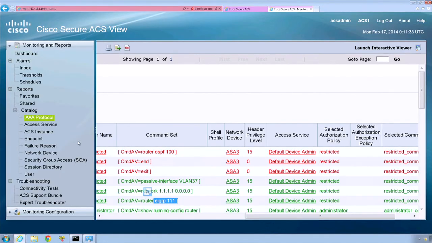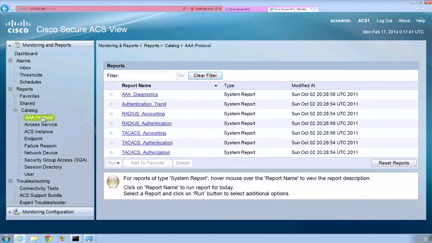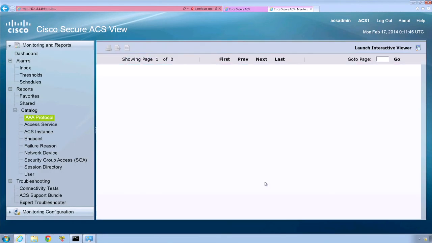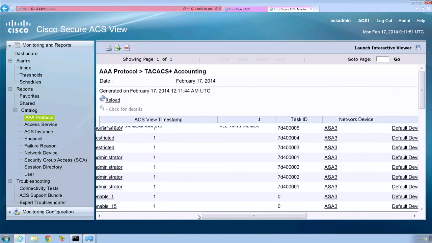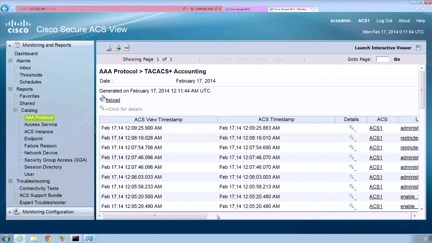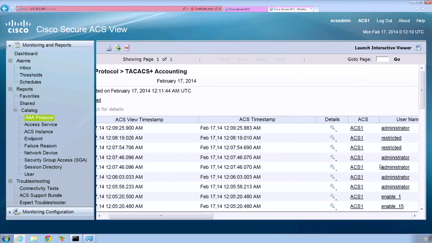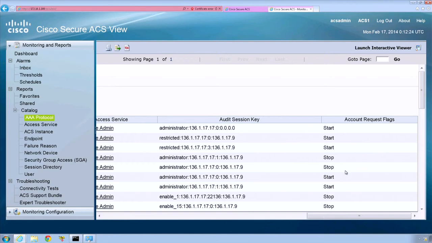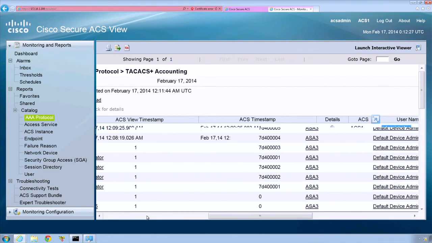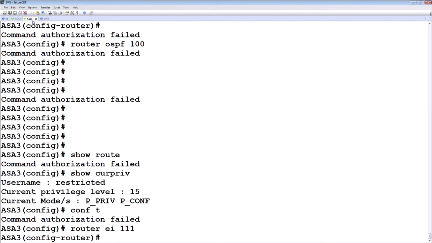So let's go on the ACS under the AAA protocol, and then to TACACS accounting, and I should see here that the user, which was administrator, I see only one command which was accounted for. Let's go on the right, and that was basically just the start session. Let's look if I correctly enabled, let's go on the console, and let's see